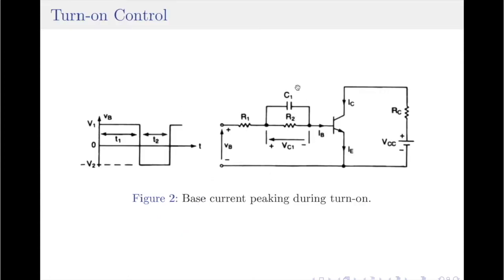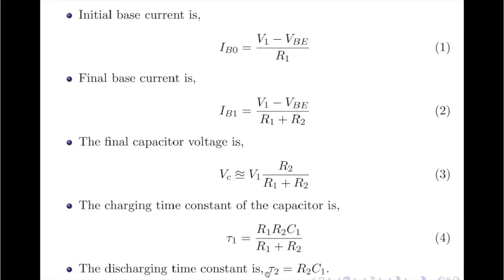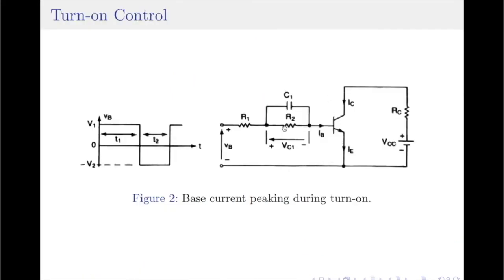In the meantime, the capacitor will also discharge from the previous value of V2 through the R2 and charge to the currently applied input voltage, which is minus V2 volts. The discharging time constant of the capacitor can now be given as tau 2 equals R2 multiplied by C1. To allow the capacitor to charge and discharge sufficiently, the widths of the base pulse during the turn on and turn off must be greater than tau 1 and tau 2 respectively. Remember that this circuit provides equal turn on and turn off times.